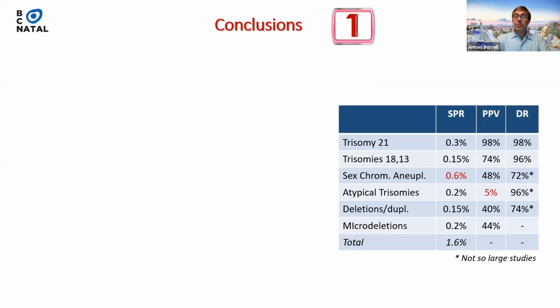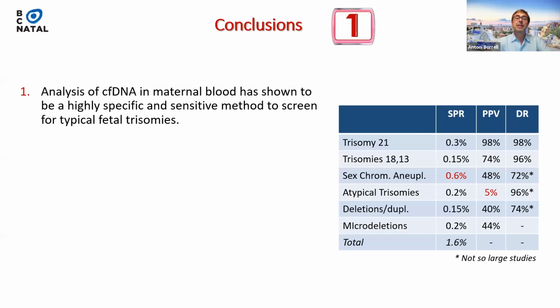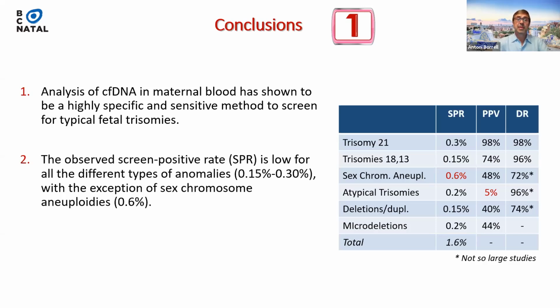So I would like to state which are the conclusions of this first part. This is a table summarizing all those numbers. Sorry for so many numbers, but to analyze the performance, I need percentages, I need rates. And we can conclude that analysis of cell-free DNA in maternal blood has shown to be a highly specific and sensitive method to screen for typical fetal trisomies, and that the observed screen positive rate, SPR, is low for all the different